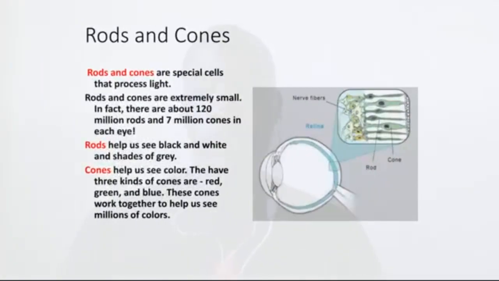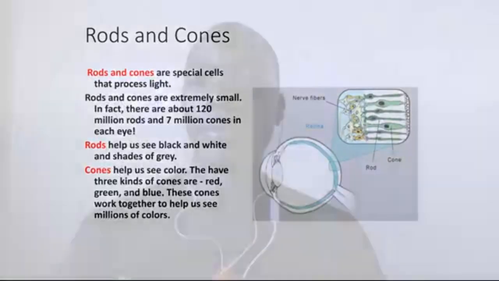So when we talk about vision, the photoreceptors are of two kinds. We have what we call rods and cones, and these are the specialized cells that are able to transduce light. Transduction is the change of energy from one form to another. So we have light energy entering the eye, and this energy has to be converted to electrical energy so that the nerve can conduct that to the brain, because the brain